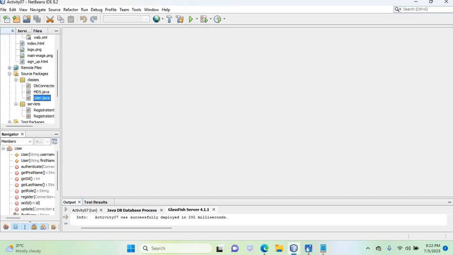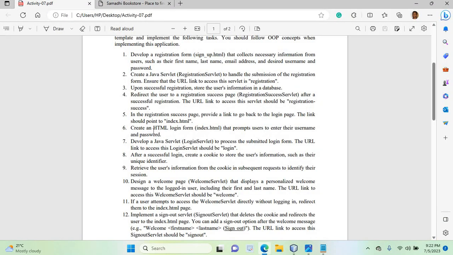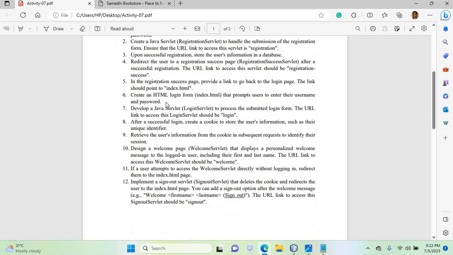Okay, with this one we are completing the registration part. So this is the registration part. We have completed up to this level, the registration part. So now we need to do the other part. That is, we are going to use this login form, that means the index.html login form, to log in this user